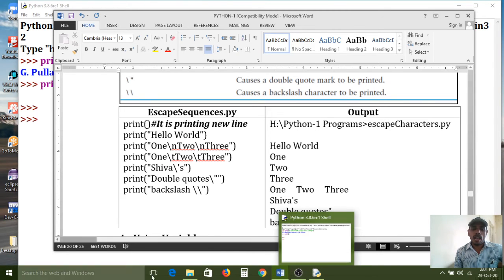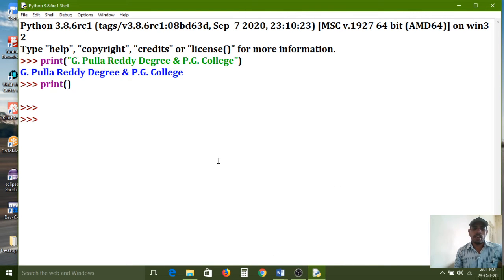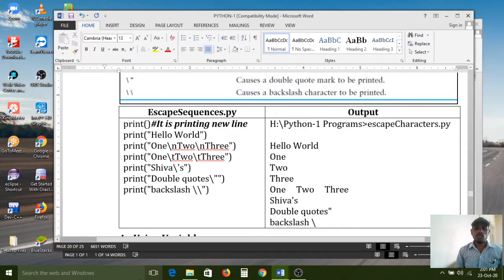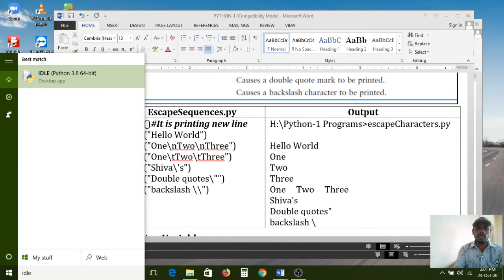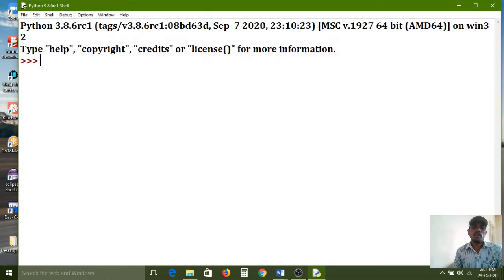For that I am opening the Python shell window. If you type IDLE in the search box in the taskbar, it will open the IDLE shell window. The Python shell window, or Python console, is like a command prompt. In C programming language we use CMD to open the command prompt. In Python also we have one more command prompt, called the Python shell.